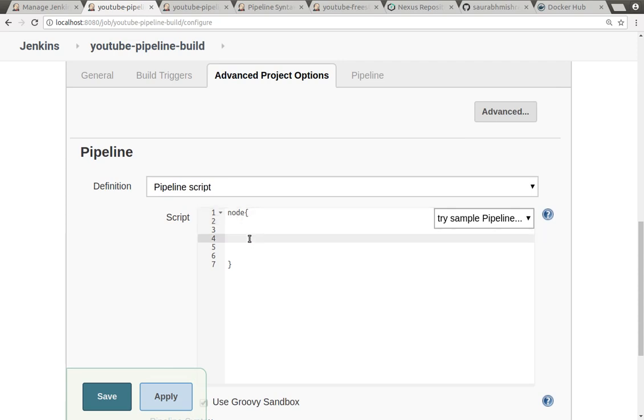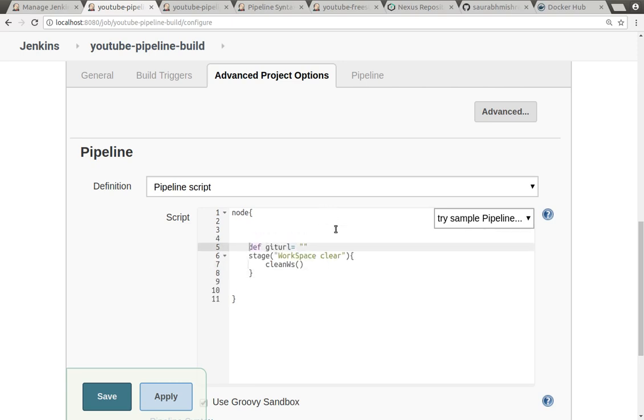Here, the very first thing is, what do I want? I want to clean this application. Whatever we configured as part of our Jenkins pipeline by using Freestyle, the same thing we'll try to achieve here by using the configuration mode or the script mode. So for cleaning the workspace, we can have some commands like this. This is the command for cleaning the workspace. By default, Groovy scripting is supported here.